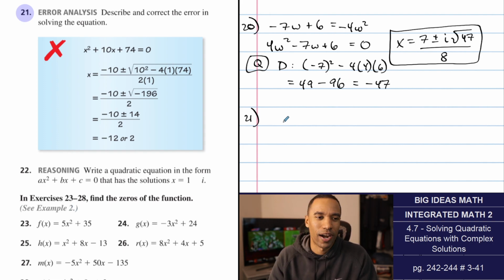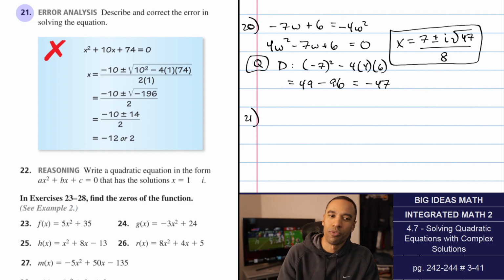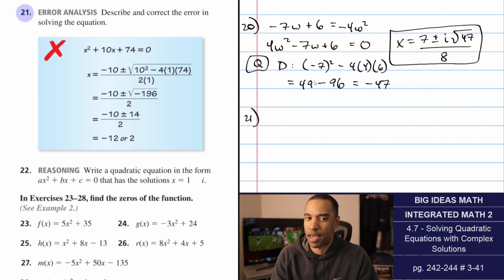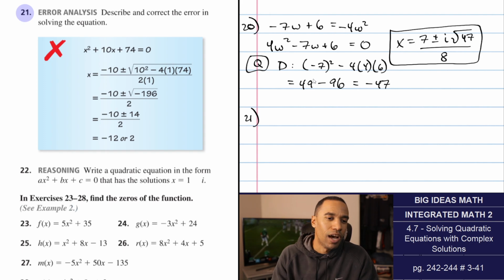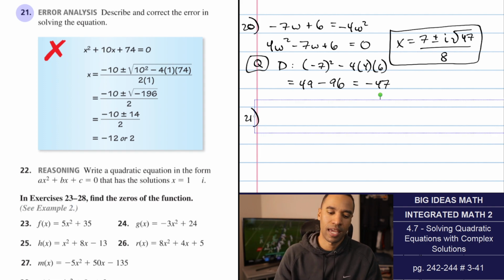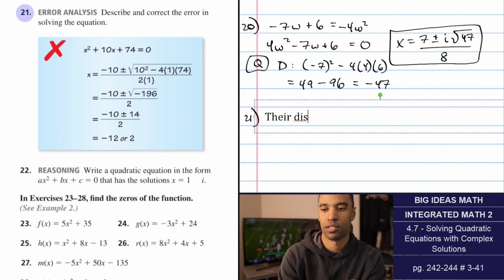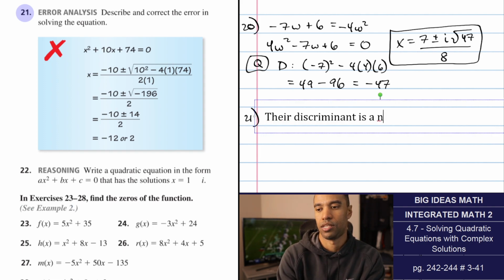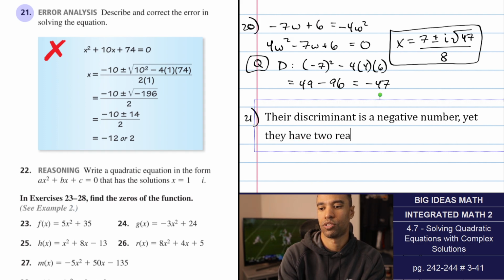All right, x squared plus 10x plus 74 equals 0. So you notice their discriminant's negative. I'm going to trust their math is correct. Well, I shouldn't. 100 minus 296 is negative 196. Yeah, that's all good. It's the correct b. It's the correct a. So their discriminant is a negative number, yet they have two real solutions